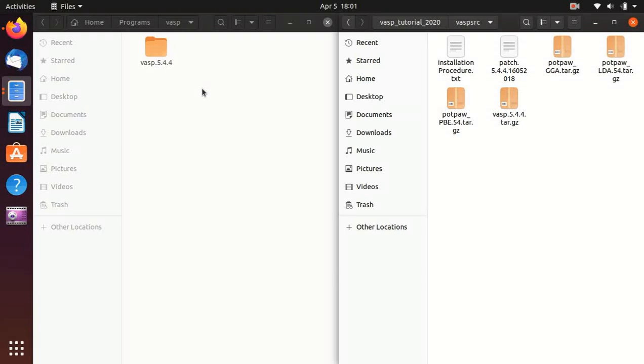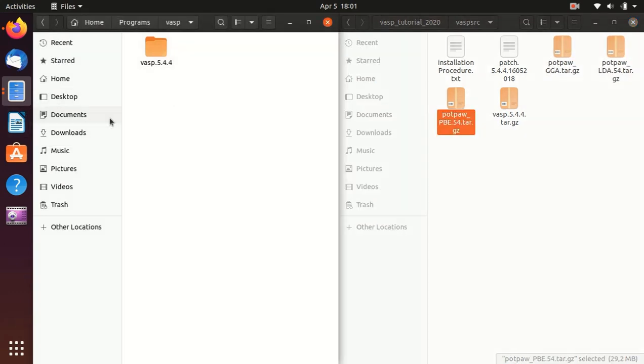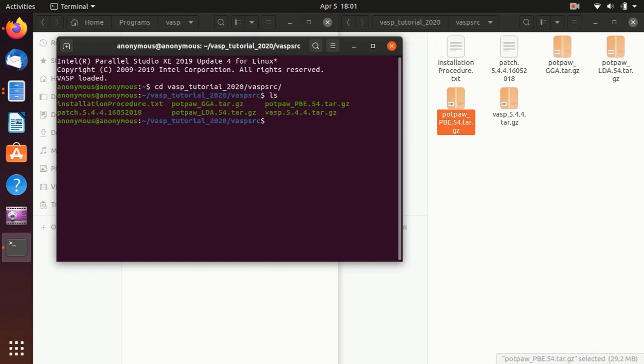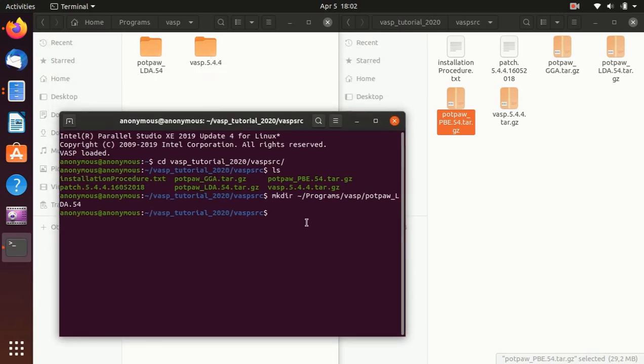In this video I will show you how to decompress the pseudopotential folders for VASP. So we first go to the terminal, and then we go to the folder that contains the pseudopotential files, and then first we need to make directories in the targeted folder. For example, we want to create this LDA folder. Okay, and you see that it is added here, and then we use tar xvf